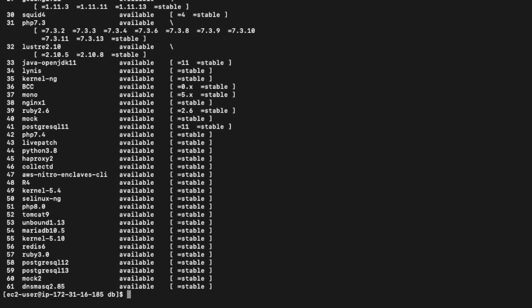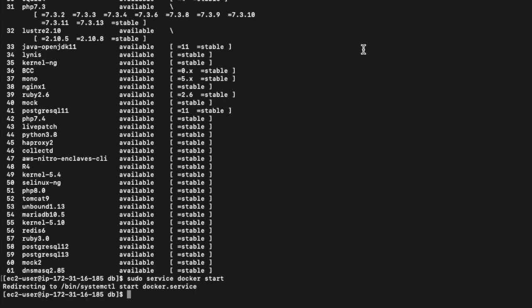Now let's execute the command to start the Docker service. For that, sudo service docker start. This will start my Docker service. The next thing we need to do is add the ec2-user to our Docker user group. How can we do that?